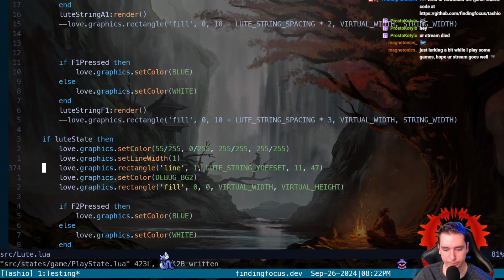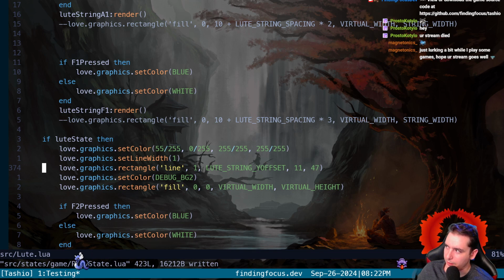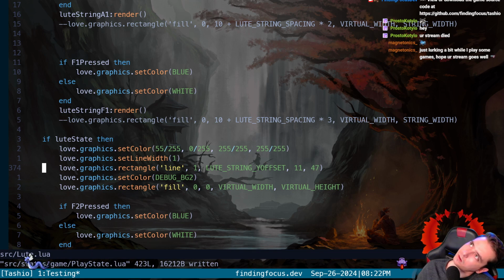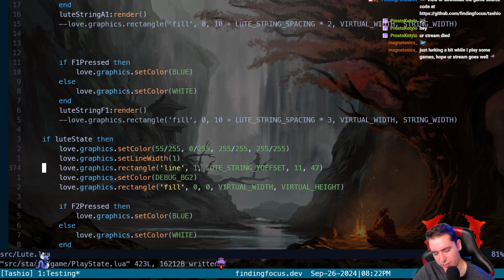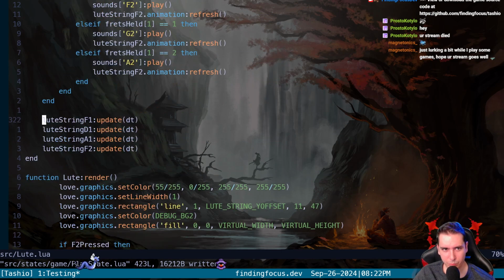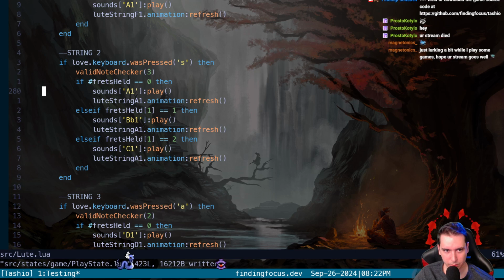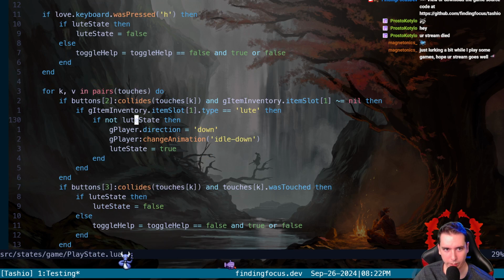So okay, there is one issue I'm thinking of. We might need a couple of things outside of the init, some local variables, because anytime we, well, I don't know, let's give it a shot. So like, we have to pull out these loot strings, loot string A1, all those loot strings we need to pull out from our play state.